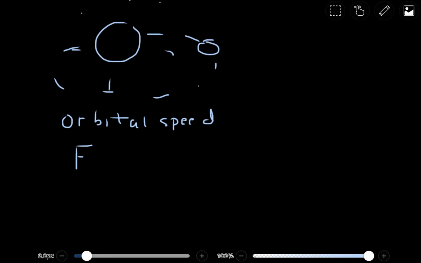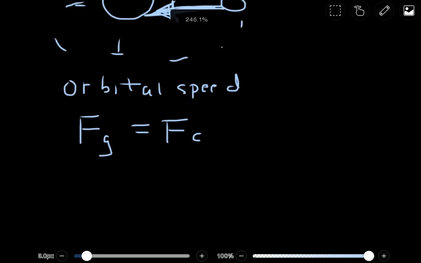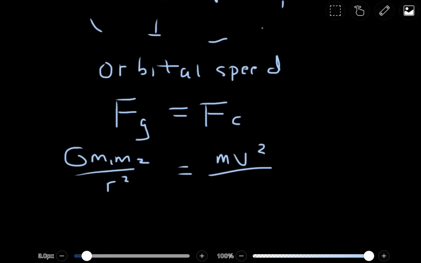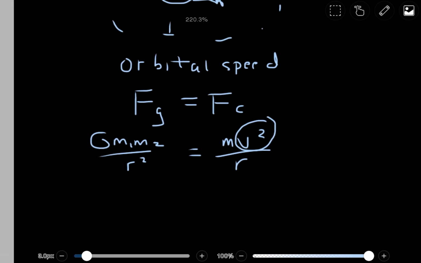We know the force of gravity is the force pulling the planet in toward the sun. So since centripetal force is a force that pulls an object inwards, force of gravity is equated with centripetal force. Now we can expand these equations. And centripetal force, we can use this equation in our case because we're looking for speed. And now we can